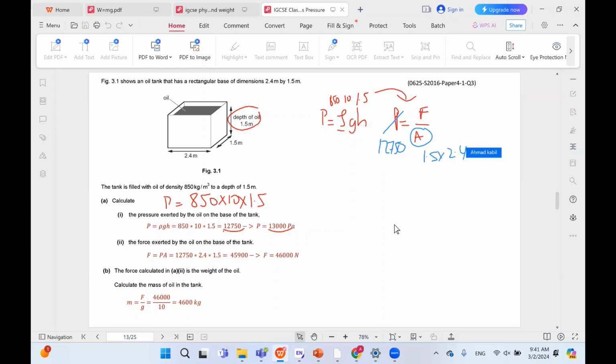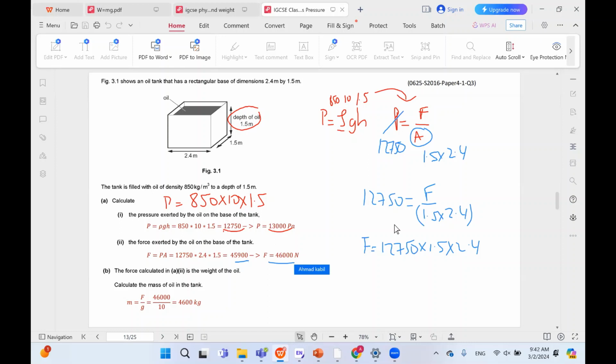And now we have an equation in F. 12,750 equals F over 1.5 times 2.4. We can take these to the left, the other side. We have F equals 12,750 times 1.5 times 2.4. So therefore, the answer to that will be 45,900, which is approximately